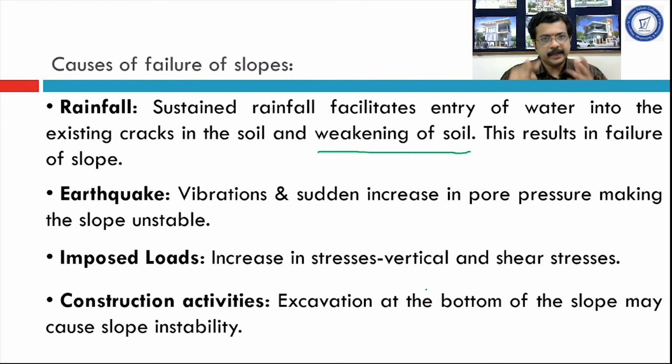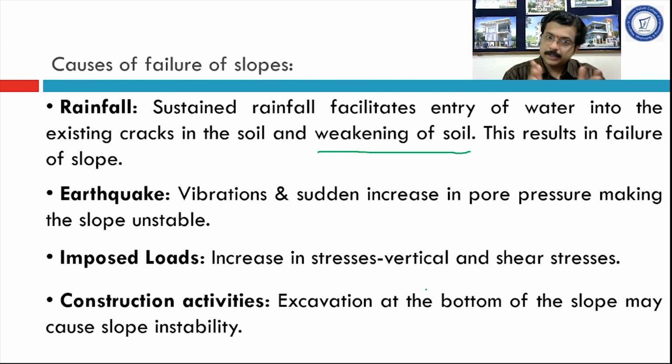Once we start excavating, we are basically removing the lateral support to the remaining portion of the soil. So if that portion is removed, vacancy will be created, empty space will form, and the lateral support has gone. So this soil will start moving in this direction, and once the soil starts moving down the slope, it will fail. In this way we have seen what are the various causes responsible for the failure of the slope.